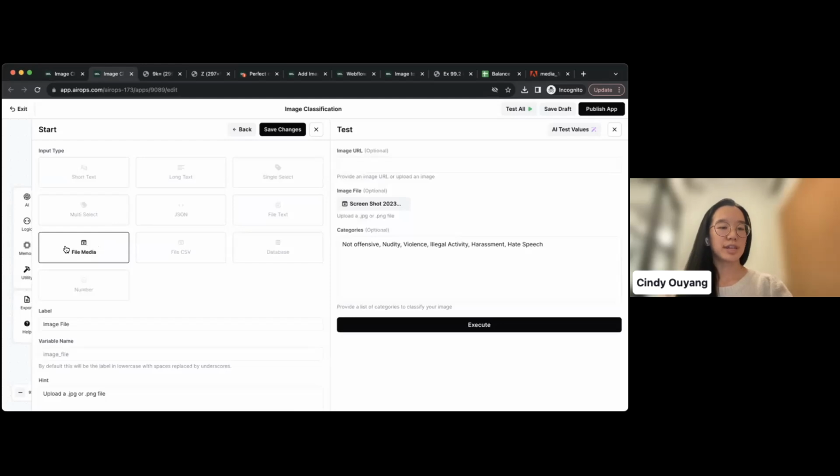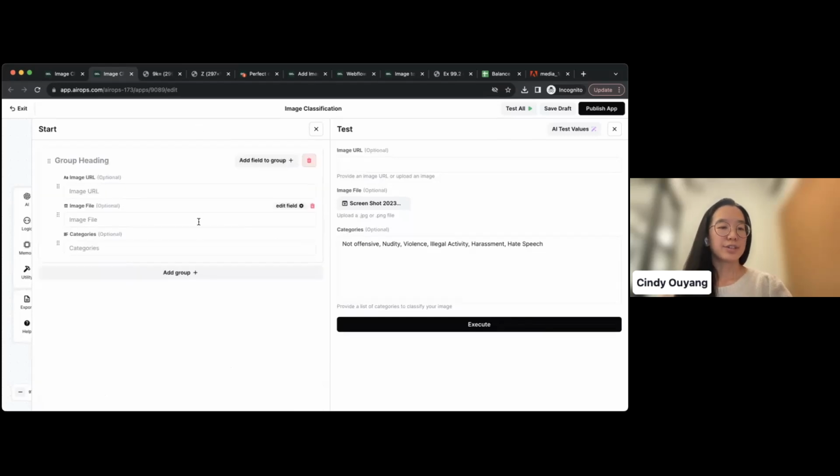And so when you're setting up your images and you want to upload an image, this needs to be the file media. This media upload can actually support videos, but in this case, it also supports images such as JPEGs or PNG files. Now, the final field is the categories, and this is something that